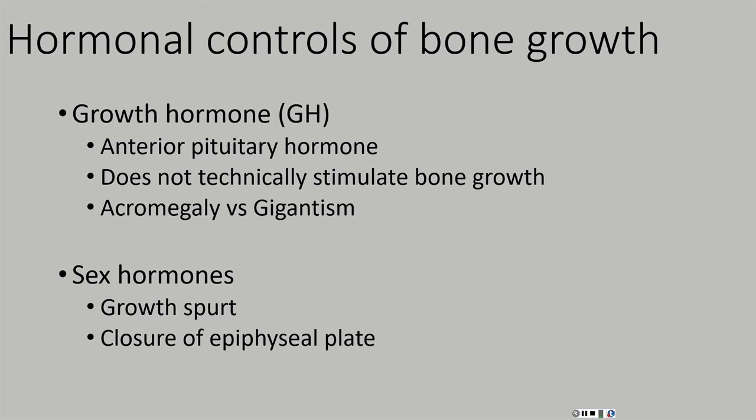as you are nearing puberty, you start to have fluctuations. You'll start to have rise and drop, rise and drop. And once you hit puberty, you have a very sharp rise. And we talked about this previously with the epiphyseal plate. That's what the growth spurt is. Or usually there's more than one, because of that rise and fall, and then at puberty you have the real